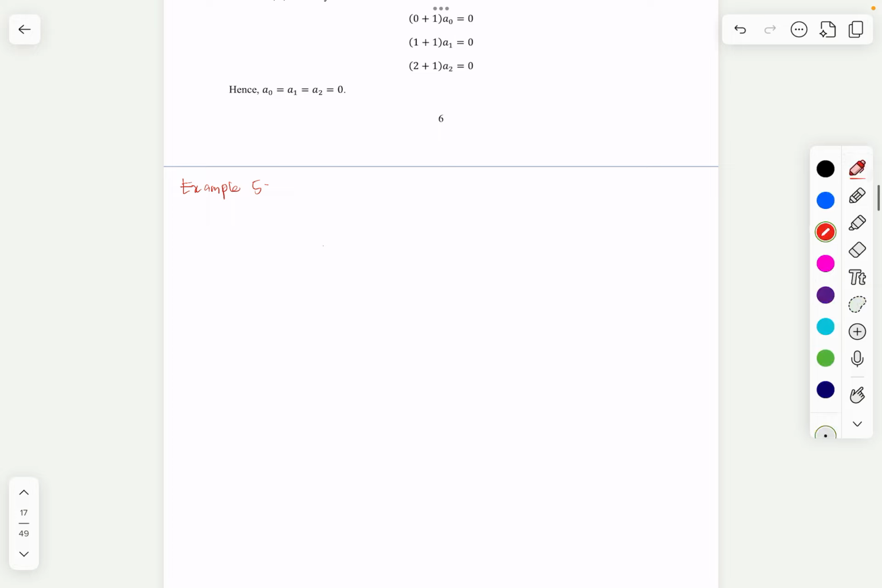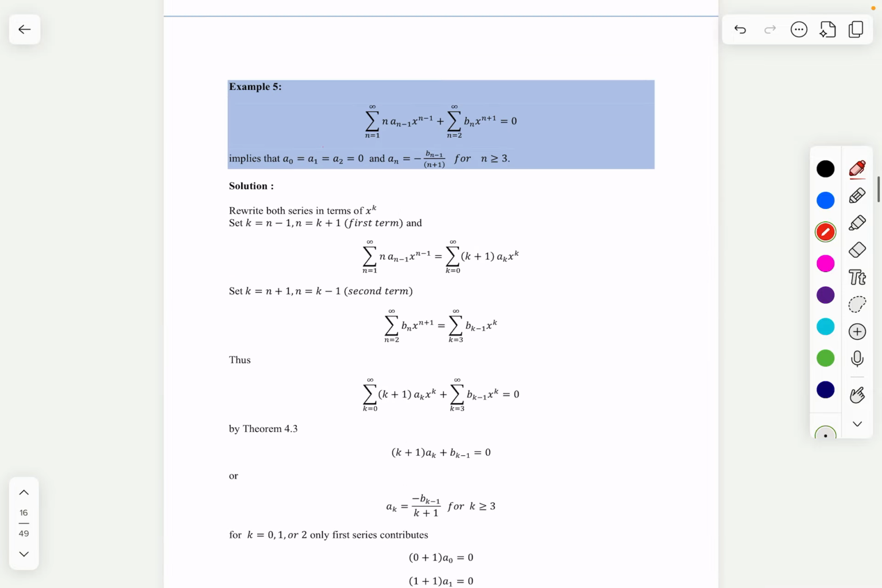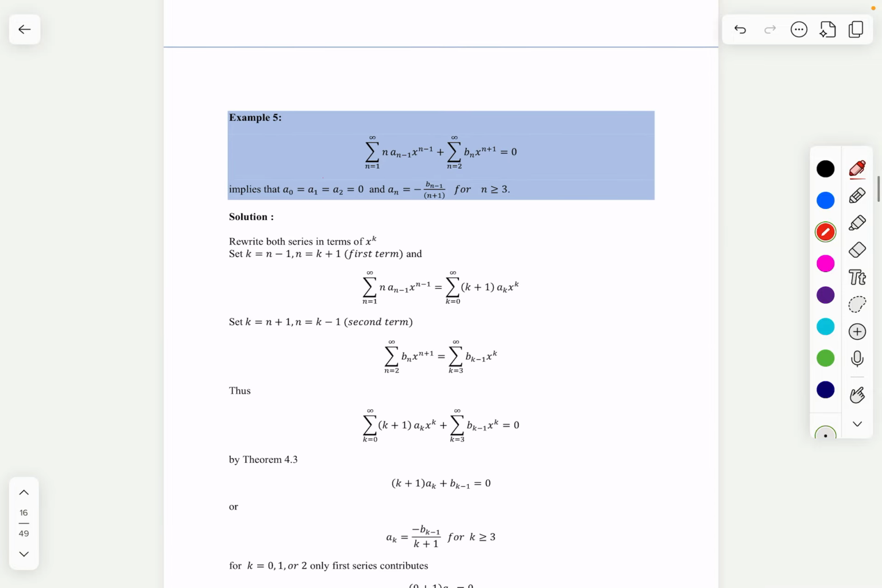Okay, example 5. Okay, so look at example 5. If we look at this one, this is the first part of the series. This is the second part. Look at the first part: the n starts with 1, and then we have x to the power of n minus 1. But for the second part, n starts from 2 and the power of x is n plus 1. So the first thing that we need to do is convert this x